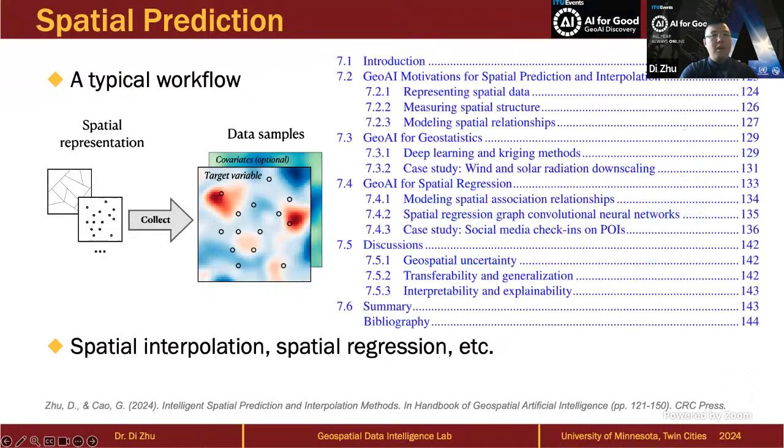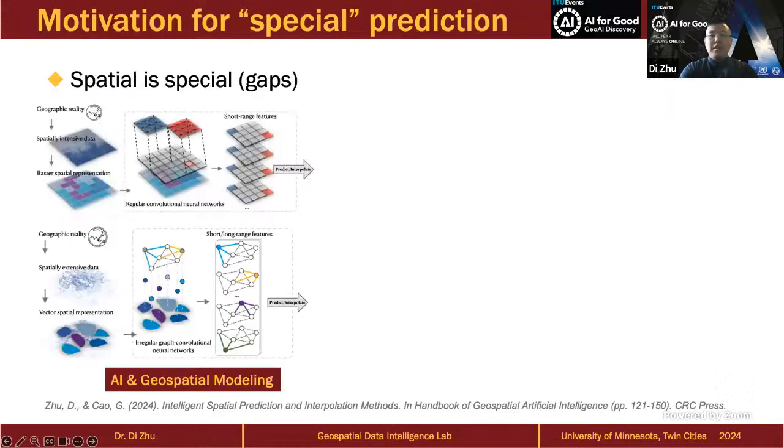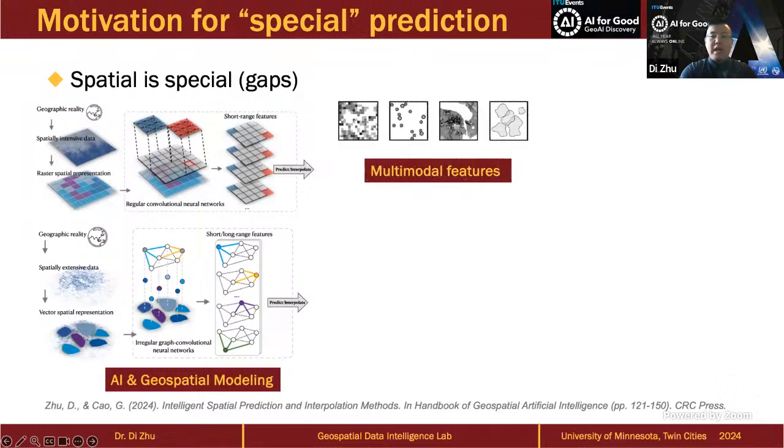In this book, here I include a general outline. We start from several motivations and go to different case studies in geostatistics and spatial regressions, respectively, and talk about some potential challenges in this realm. We treat spatial as special, which makes it hard to perfectly describe all this spatial knowledge in statistical language. In this chapter, we discuss the motivations for introducing GeoAI to handle the spatial as special, such as varying AI architectures for the modeling of geospatial representations, dealing with different GIS datasets like raster data and vector data, and also the challenge of multimodal features in spatial tasks,